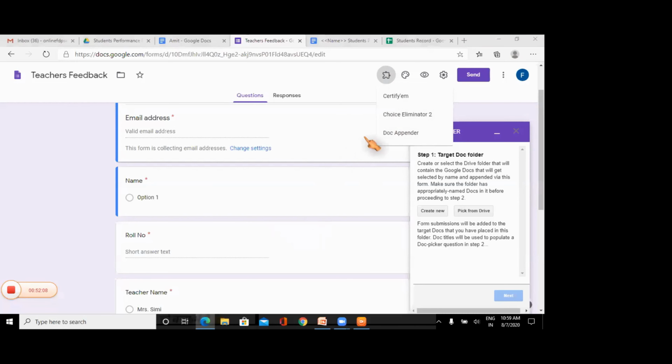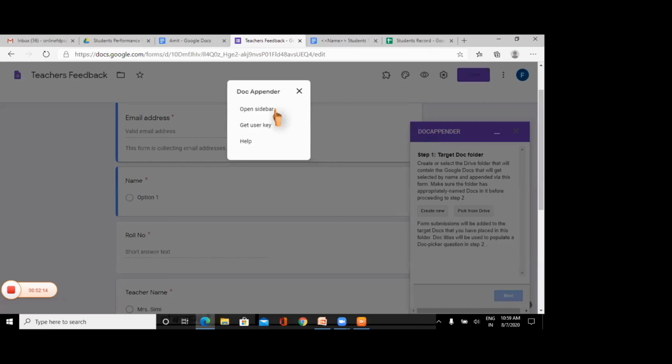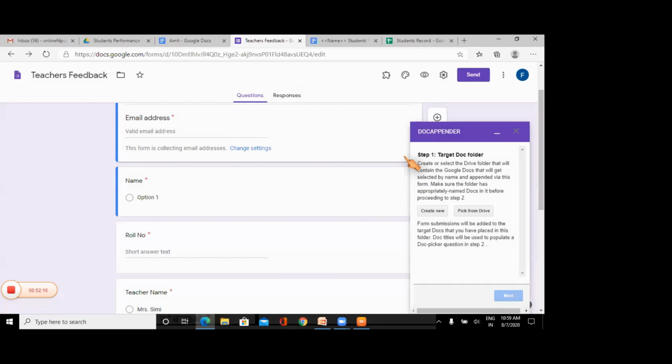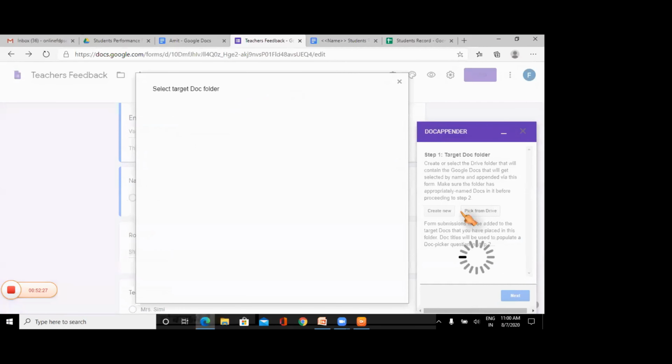So what we have to do, we just have to click Doc Appender, click Open Sidebar, and you will have this window. Now what we need to do, we just have to select the folder from the drive which we have created.